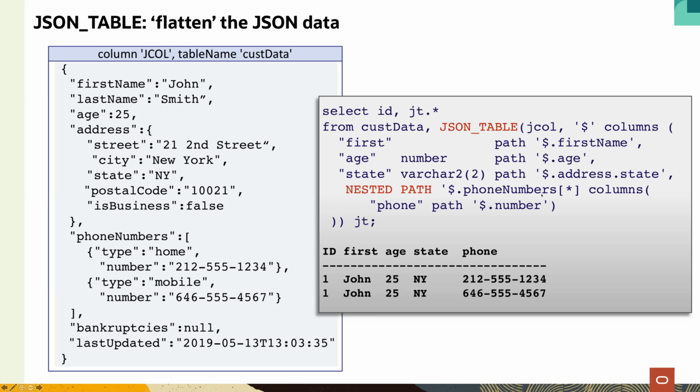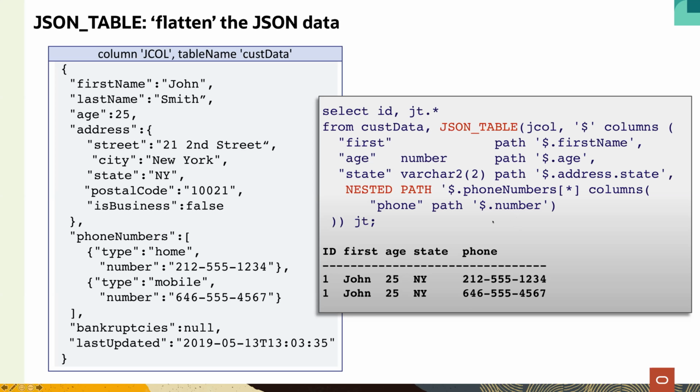So we say dot phone number, that gets us to the phone number array, and then square bracket, and the wildcard means select all of them or iterate over them. And we extract the value for the phone, the number value. And what you see here is, although we inputted just one value, one row into JSON table, we get 2 rows out because the 2 phone numbers in this JSON array generated basically these 2 rows, and the values for outside, they're getting repeated. And at this point, imagine you create a view with a statement. You can now run arbitrary SQL against this view as if it was a relational table.